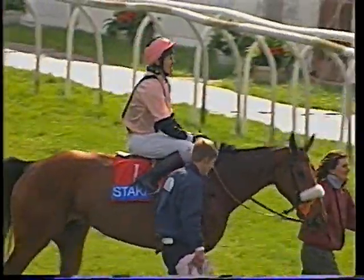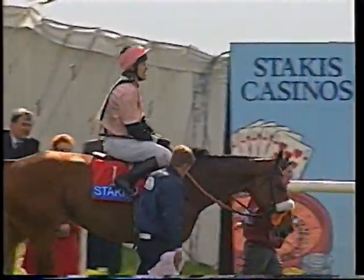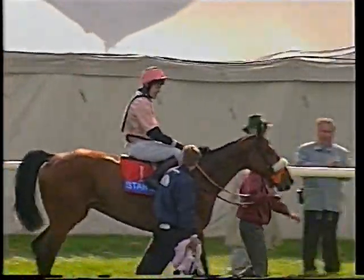Well, what a wonderful race this was, and the top weight Belmont King, only his fourth run of the season, always up there in the first two, barely headed except